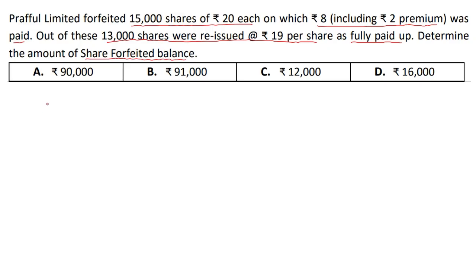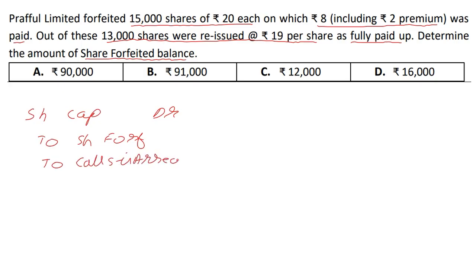The best way to do it is think of the standard journal entries at the time of cancellation. When we cancel shares, share capital account will be debited. We credit share forfeiture, and we will credit whatever calls in arrears, or whichever call. This is our entry. When we are reissuing shares, at that time it is bank debit,